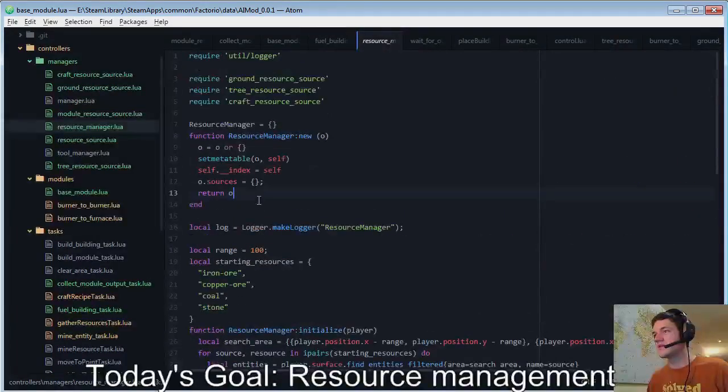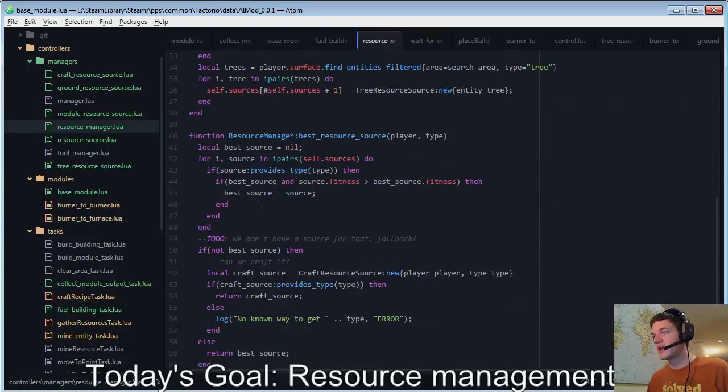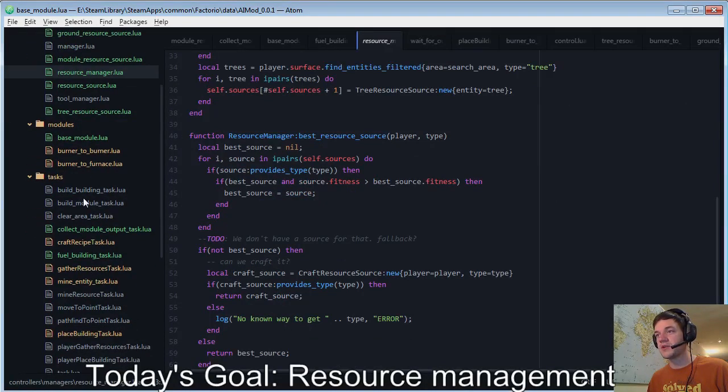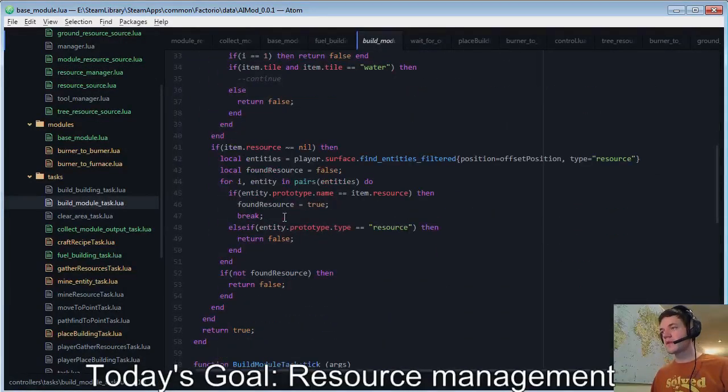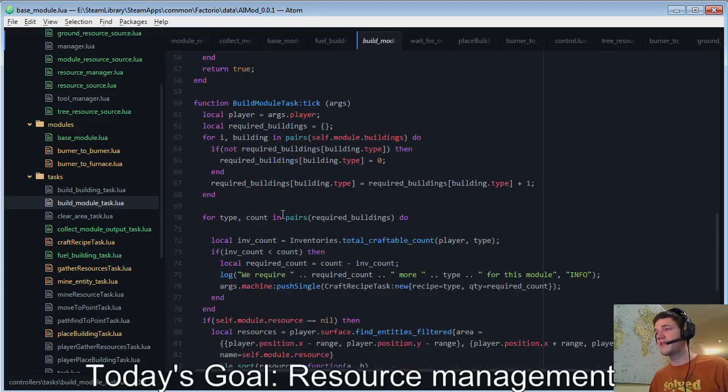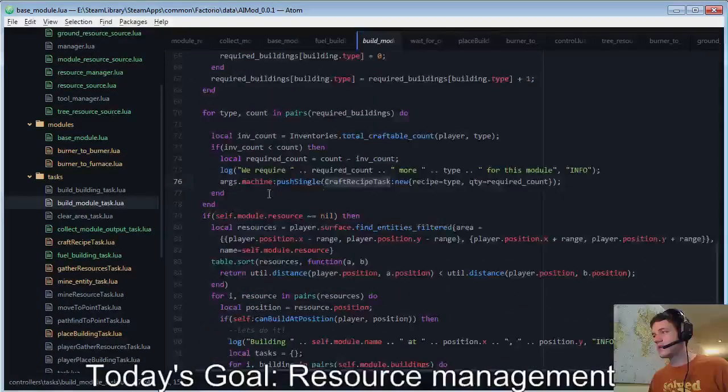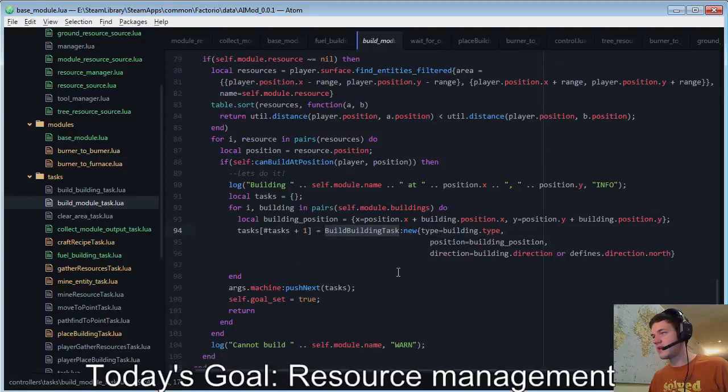The other thing we need to do is when creating a module, when building a module, we need to go ahead and add the building into that module object. Okay, I'll do that real quick. So first of all,